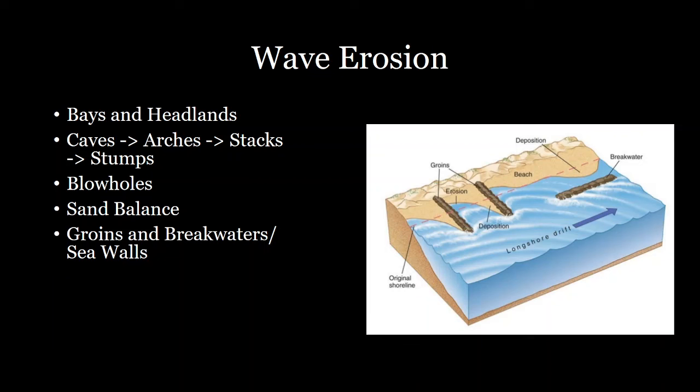Sand is very important, and we tend to like our beaches, so there are a number of man-made features that have been developed to try to reduce wave erosion. One of those is groins. These are man-made structures that act as kind of peninsulas out from the coastline, and what they usually end up doing is depositing material on the upshore region, and then down the longshore drift,